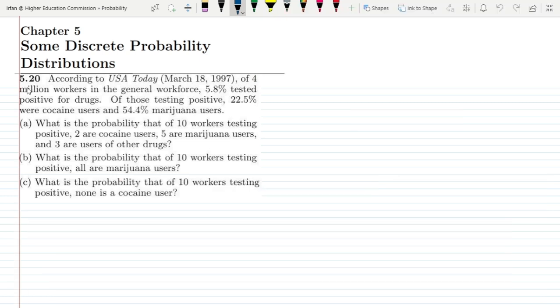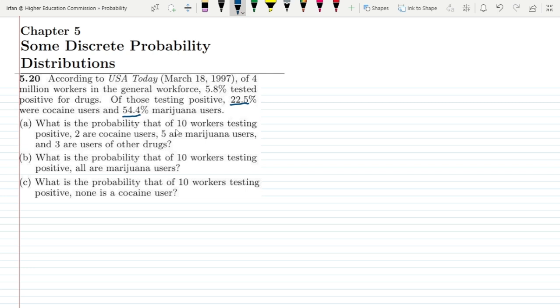So this is question 5.20, and the statement of this question is: according to USA Today, March 18, 1997, of 4 million workers in the general workforce, 5.8% tested positive for drugs. Of these testing positive, 22.5% were cocaine users and 54.4% are marijuana users. Okay, so on the basis of this data, we have to find